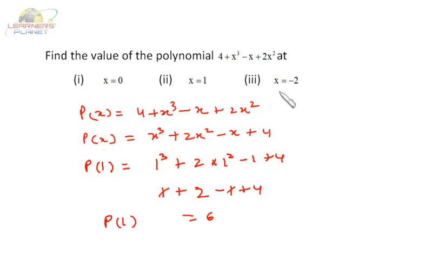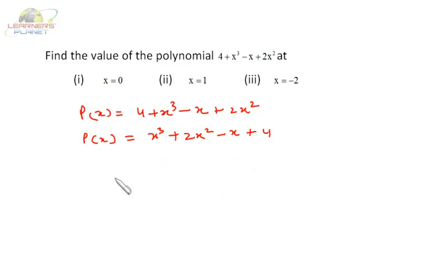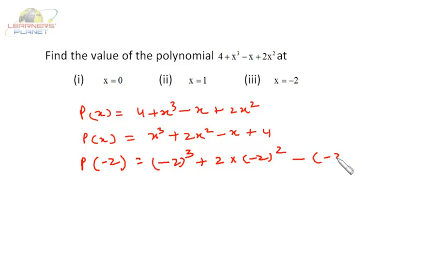Okay. Similarly, we solve for x is equal to minus 2. So it will be p minus 2. Now it is minus 2 whole cube plus 2 into minus 2 square minus of minus 2 plus 4. Friends, just put the value of x as it is. If it is negative, then just put the value of x in bracket. Okay. Now solve it. So minus 2 whole cube will be minus 8 plus 2 into minus 2 square will